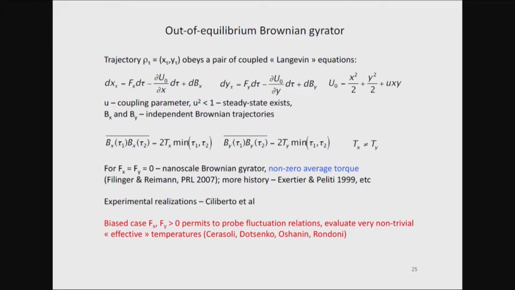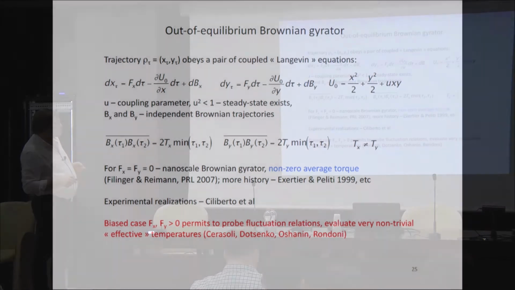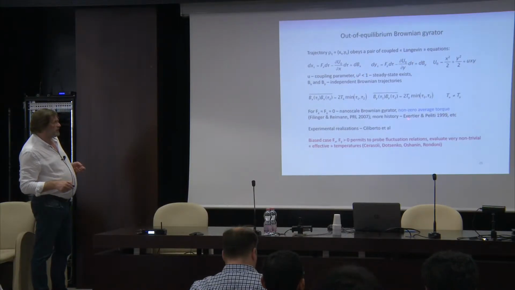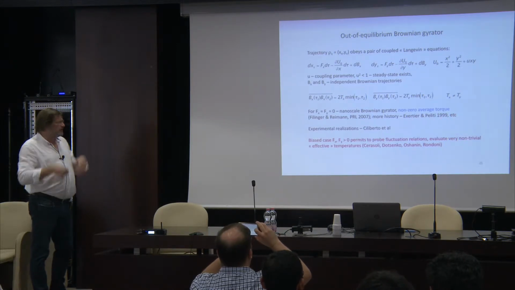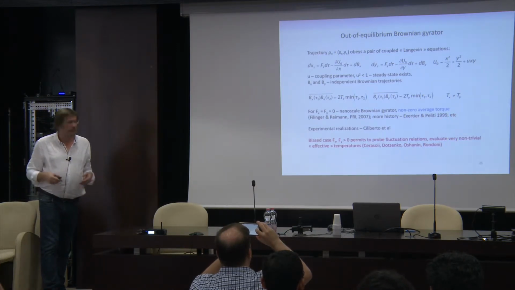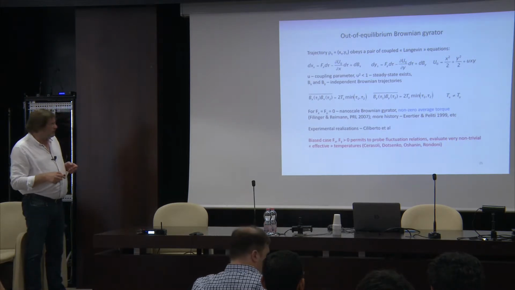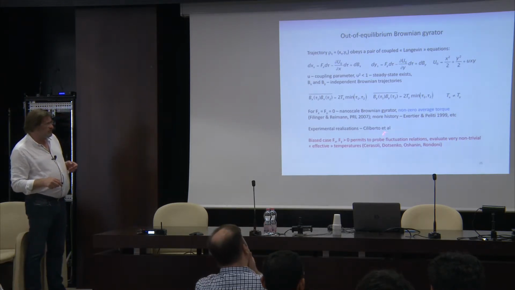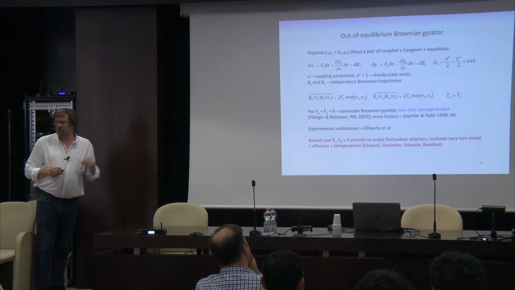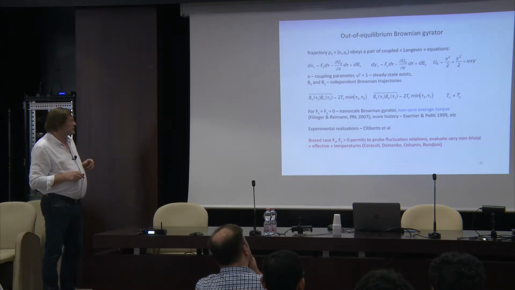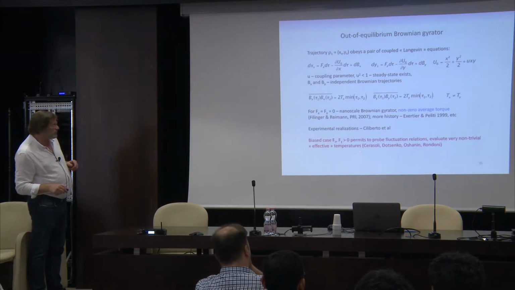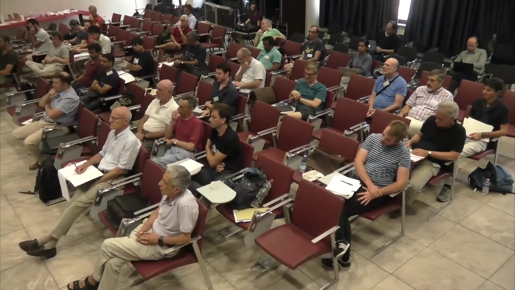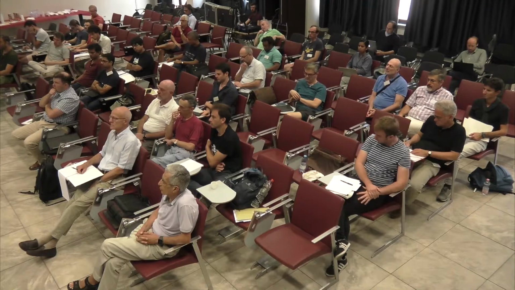The fact that this model has a distribution for u squared less than 1, st equal to infinity, was noticed already by Exartier and Pelletier in 1999, and there were plenty of other works, and we also contributed before. And there are also some experimental realizations which are shown in papers of Ciliberto. Now in our recent work this August with Cherasoli, Dotsenko and Rovdoni, we looked on the bias case, because previous